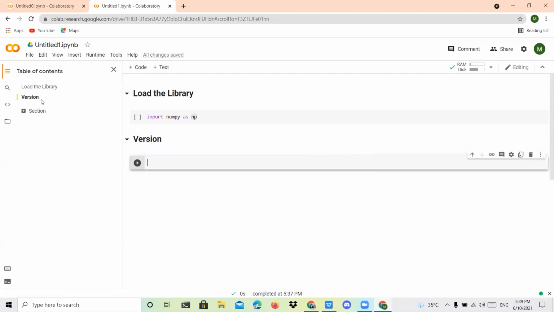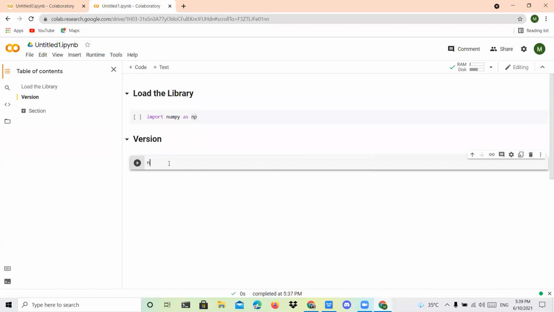Here you can also check the table of contents. Everything will be loaded here. Easily, we can refer to whichever particular thing we want. After the computation, everything will be loaded in the cloud now. So after that also, you can view all those details, right? So now for the version syntax, NumPy is already stored in this variable, right?